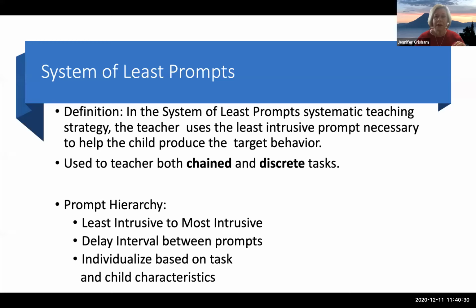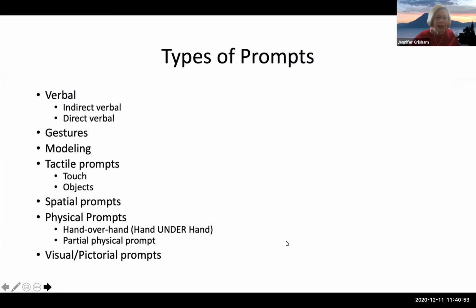For children who have hearing impairments, instead of verbal speech, they may need sign language or gestures or some other form of visual prompt in order for them to be able to get the additional information. And so the type of prompt that we use is going to be dependent on the child's characteristics. And so it's just meant to be a reference of the different types of prompts that we would use in